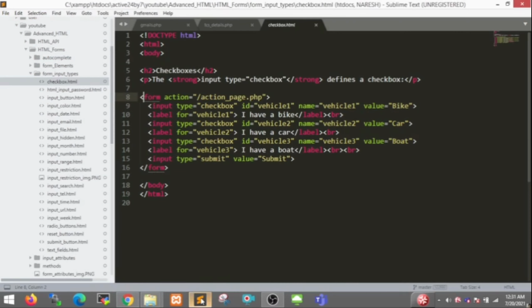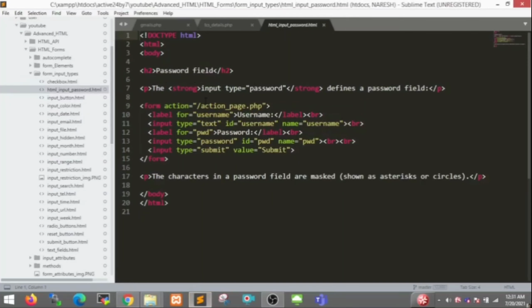One more input element I took here is password. I created one form. The first label is username and the second label is password.